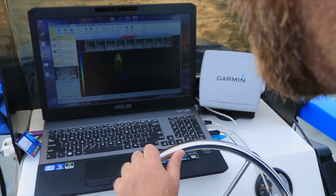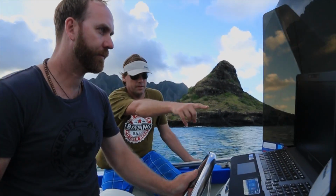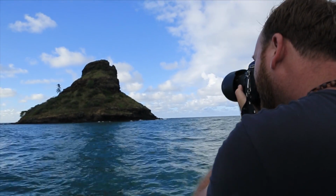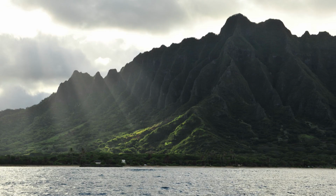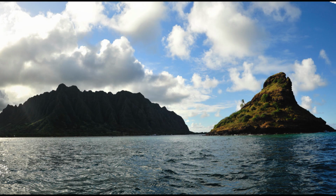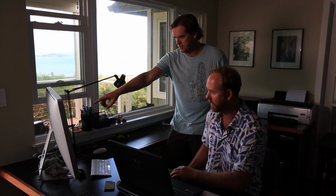The expedition really starts when we turn the sonar on. We'll start motoring around to find cool features underwater that bring a new perspective to people that are going to eventually be looking at the subscape. In addition to scanning, Brent will take photos of the island to capture above-water perspectives that may work as the perfect shot for the final piece. So you can rotate that. Once the location work is completed,